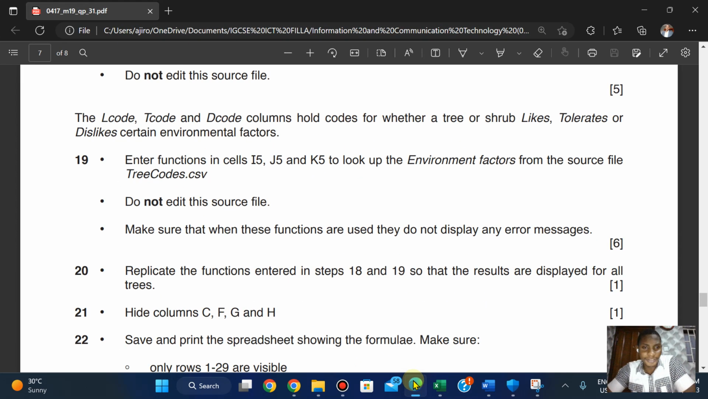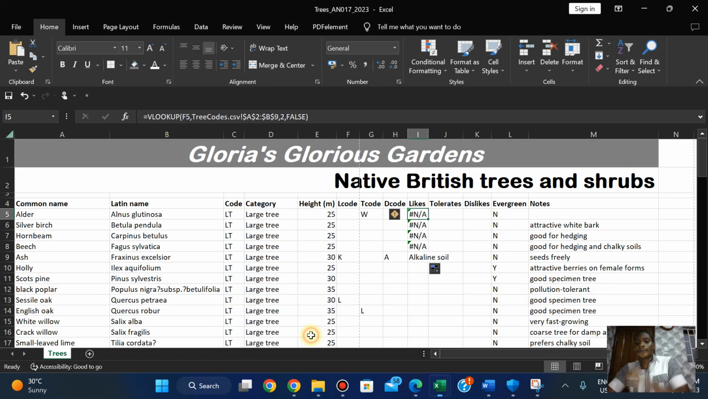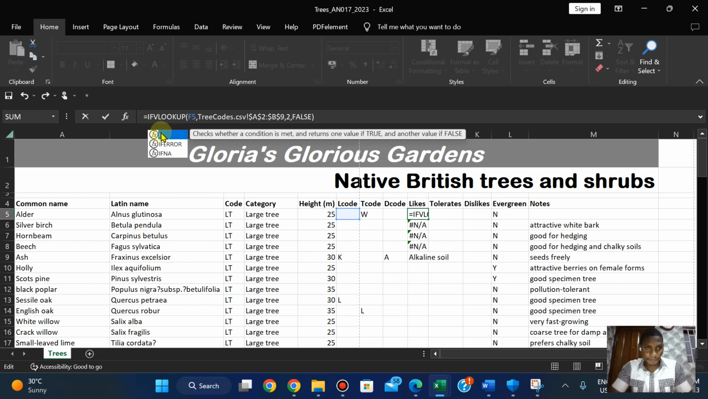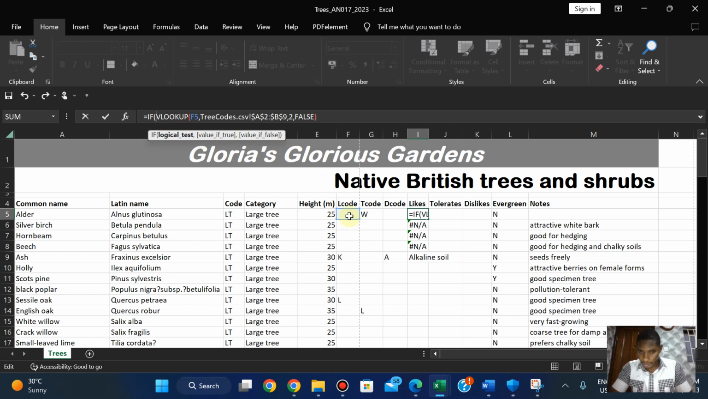Now okay, let's go back to the question again. Let's say to look up the environmental factor on the source file, make sure that when these functions are used, they do not display an error message. Okay, let's see something. Now, I'm going to use an if statement. Follow me on this. Okay, let's give this a try. Okay, if, that's lookup test,